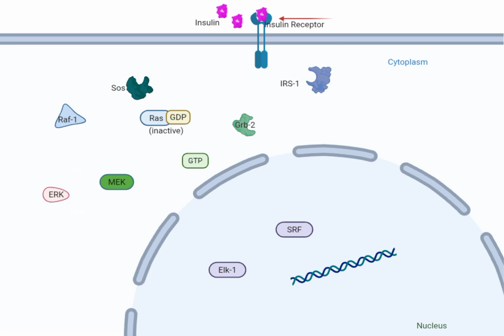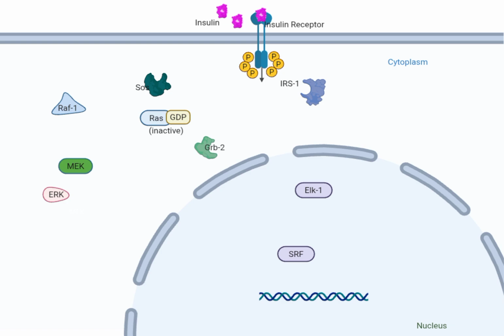Another interesting thing is that it also has tyrosine kinase activity. So one subunit transfers the phosphate group from ATP to the other subunit. In this way they phosphorylate the receptor molecule. When the receptor molecule gets phosphorylated, it becomes a point of nucleation. That means it becomes a docking point where other proteins can bind with the help of these phosphate group